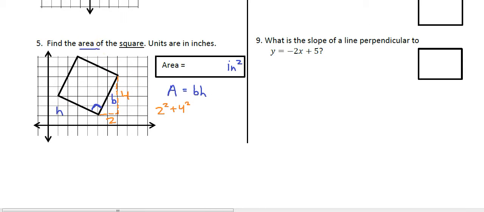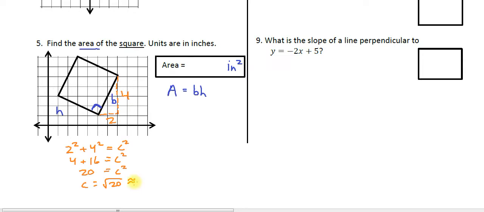I'm going to move that down. Hold on a second. Let's put that down here. 2 squared plus 4 squared equals our unknown side c squared, which is our hypotenuse of our right triangle. This is 4 plus 16 equals c squared. 4 plus 16 is 20. So 20 equals c squared. So we know that the length of c is going to be the square root of 20, which is approximately,